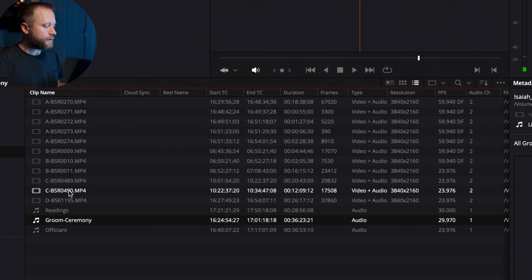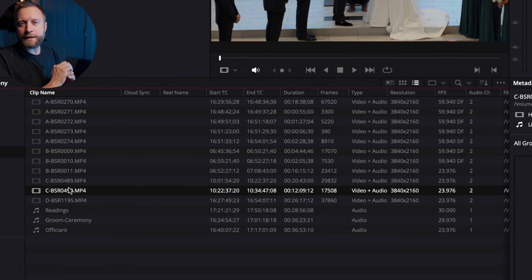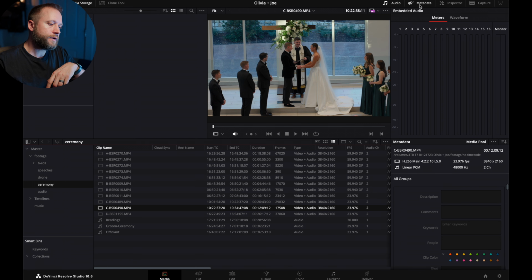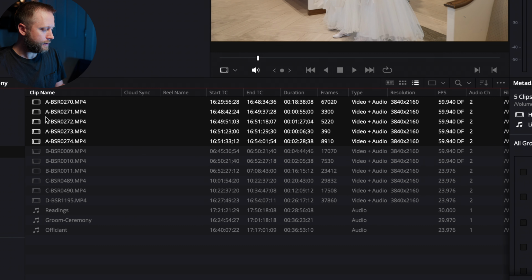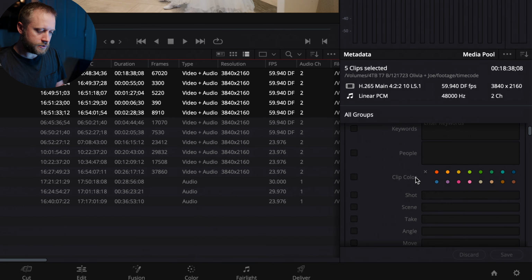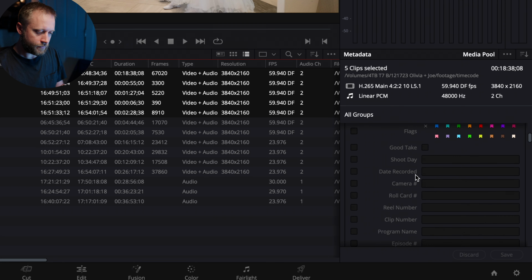Now the key to setting this up is we need to input the metadata for the camera angles, and to do that, it's over here in the metadata tab. And I'm going to first just select these clips with A and scroll down here to camera number right here, and I'm just going to put 1,